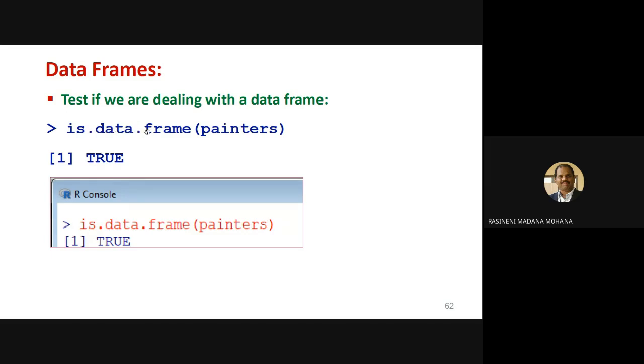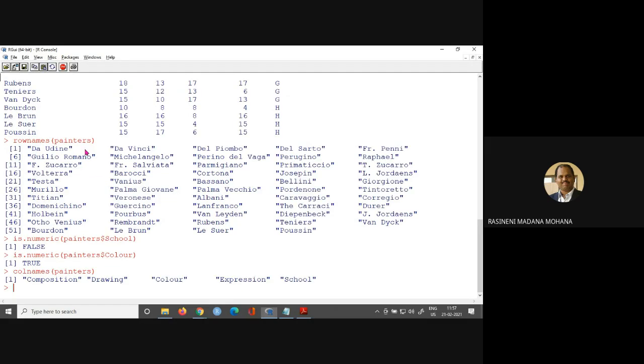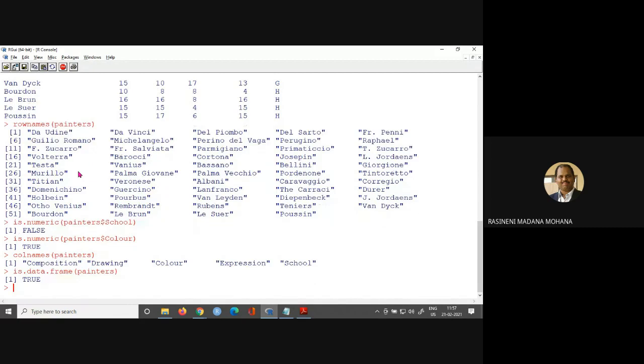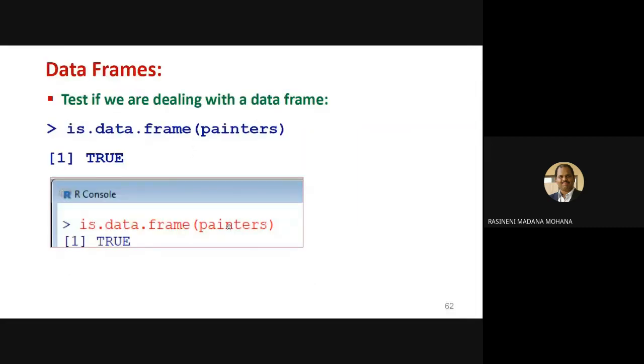So is.data.frame, with the data frame name painters. If it is a data frame, it displays true, otherwise it displays false. We'll also try this one: is dot data.frame, and within brackets the data set name, painters. We are dealing with a data frame, so it gives true.